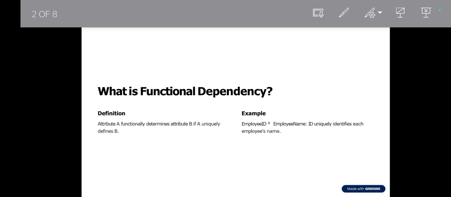This implies each unique employee ID is associated with only one employee name, and the purpose for this functional dependency is these functional dependencies help us to define the relationship between attributes and are essential for normalization. Next, we will see